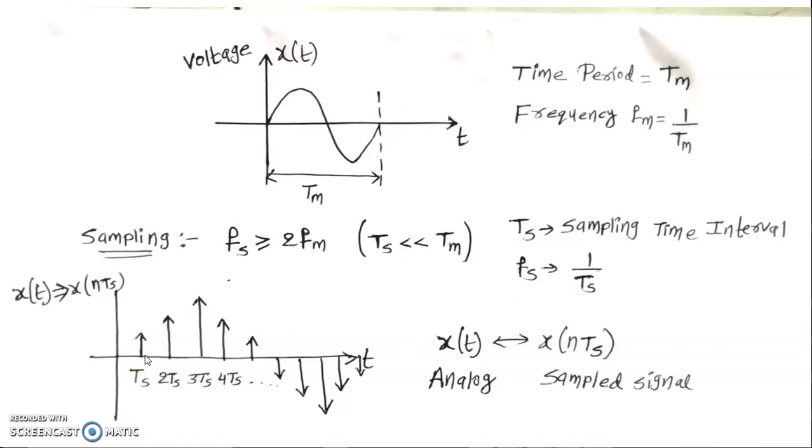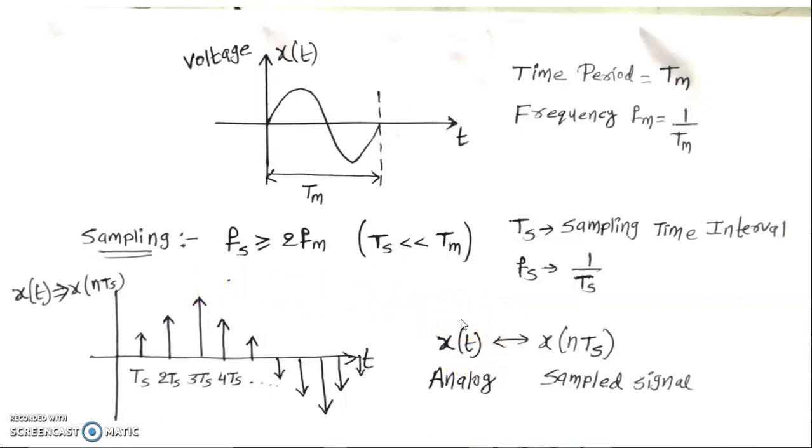Here the time is discrete. We are not taking any sample in between Ts and 2Ts. That is, we are discretizing the time. So this signal is represented as a discrete time, continuous amplitude signal, written as x of nTs, where n is 1, 2, 3 and so on, giving Ts, 2Ts, 3Ts. So x of nTs is the notation used to represent the discrete time, continuous amplitude signal, which is the sampled signal here. That is, x of t is the analog signal.